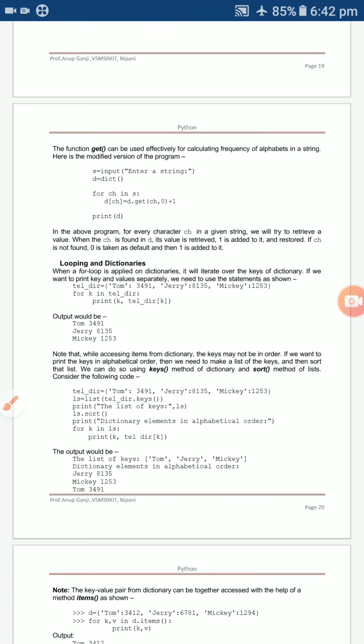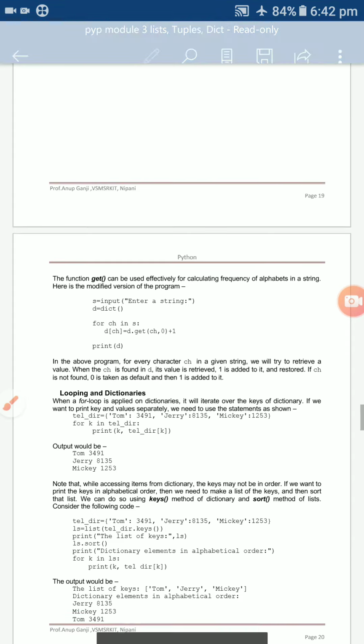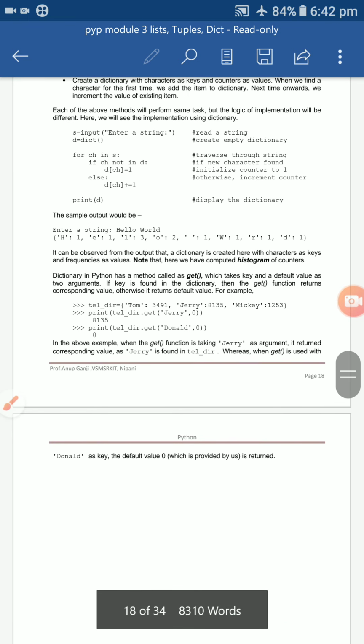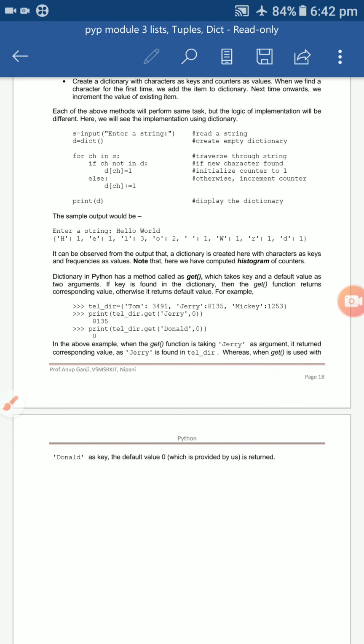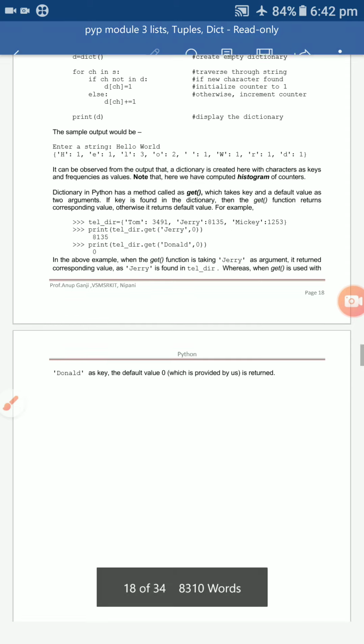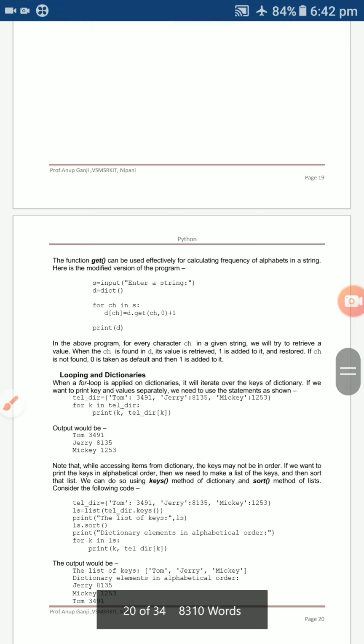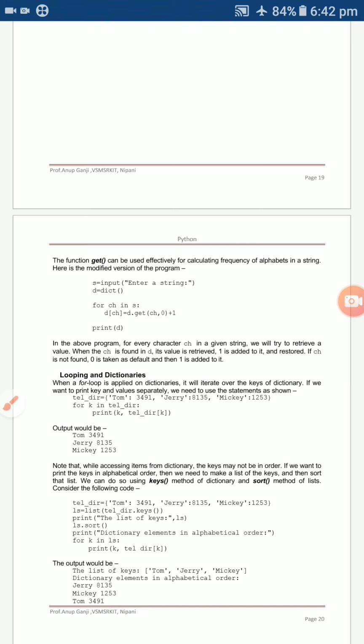Normally we use the lengthy method: first traverse, then initialize the counters, then increment. Here it directly calculates the alphabets in the string with the help of get. You enter the string, it reads your string, then an empty dictionary, then for ch, the character in string, d[ch] equal to d.get(ch, 0) plus 1.